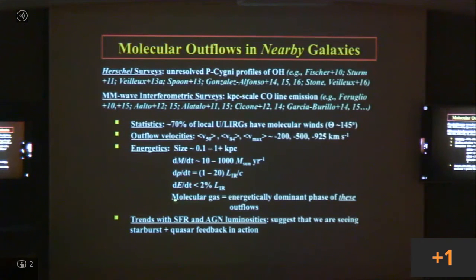So it turns out the molecular gas that we had neglected all these years is the most energetically dominant phase of these outflows. So that's a lesson, perhaps, for the more distant objects that will definitely be gas-rich as well, where molecular outflows are likely to take place as well. We see trends with star formation rate and AGN luminosity that suggest that we're seeing starburst and quasar feedback in